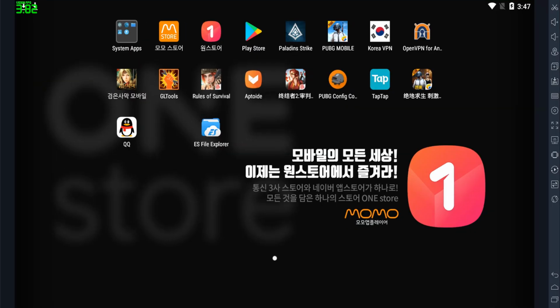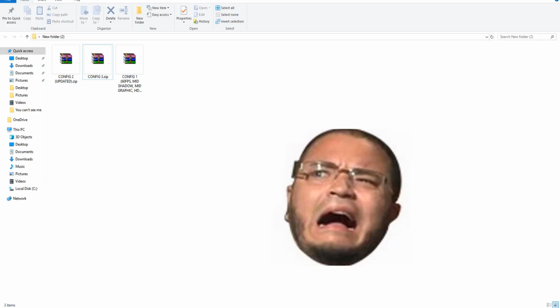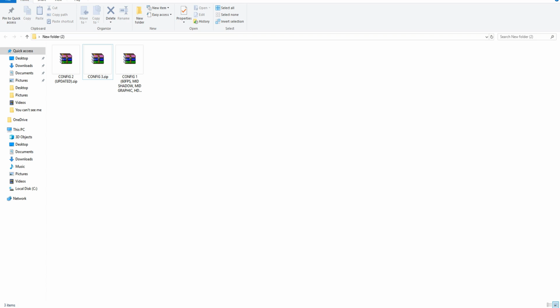Okay, once you get back to the home screen of your device, now you can choose the configuration file that you're going to use. Now, Crimson's guide said that if you have no trouble maintaining 30 FPS on medium settings, you should choose the first configuration. If your device is struggling to maintain 30 FPS, now not everyone is going to have an FPS counter, so if the game feels laggy and it stutters a little bit here and there,